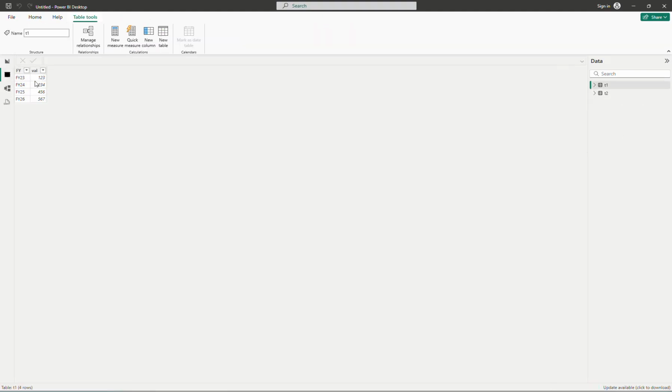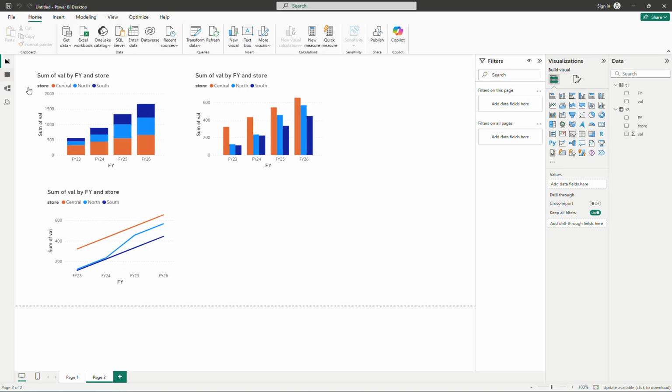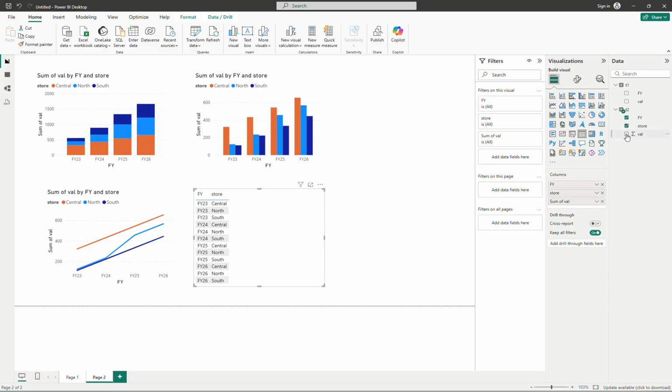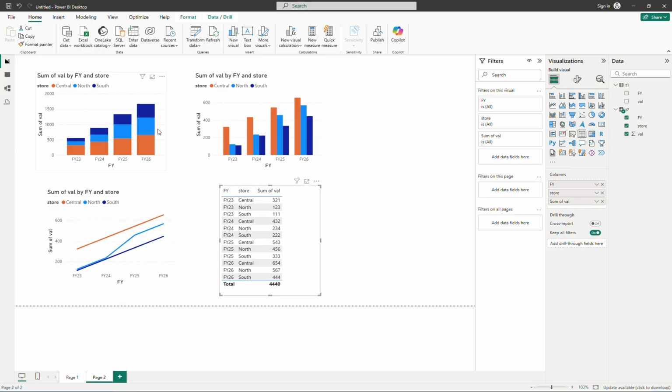If you want to see the table, you can see here. This is the table T1, and then this one is the table T2 as well. So you can see the data, and then you can see the chart from the data as well. If you want to see the raw numbers from the table, you can also check on this one, and then it will show you the raw numbers in here as well. So basically the number next to the charts